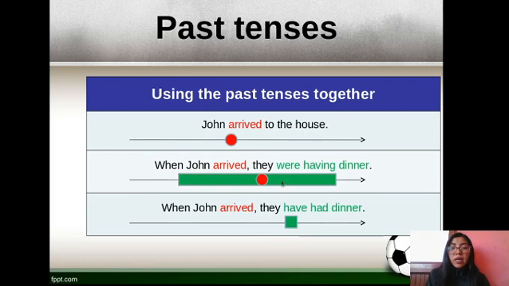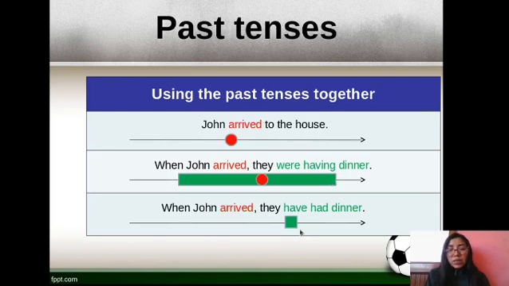Okay, here we have the past simple sentence. Okay, aquí está situada mi acción de la oración del pasado simple. When John arrived, they were having dinner. Okay, como estoy utilizando presente progresivo, quiere decir que esta acción tuvo una duración de tiempo, ¿no es cierto? Y aquí ustedes pueden observar in a green color the duration of the action. Okay,